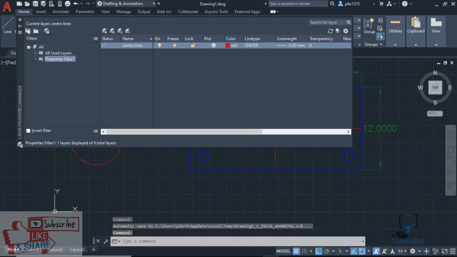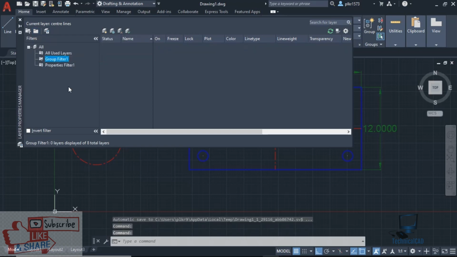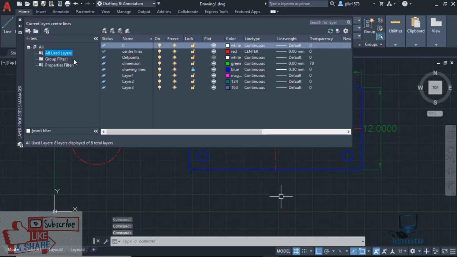Let's go for group filter. The name itself says group, so go for all used layers. If you don't know the properties, you can drag the layers into the group filter.